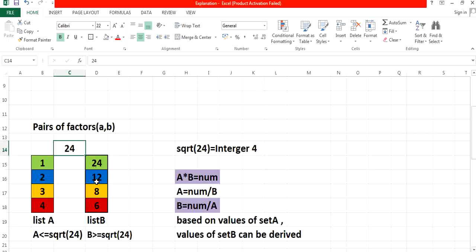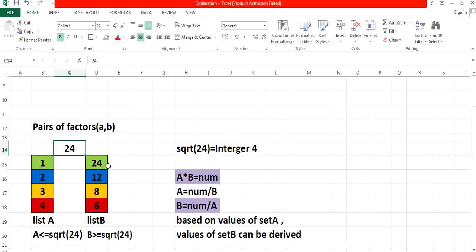Why am I supposed to use this method? Why can't I use other methods? As we know, your constraint part is very important here. The value of n can be a maximum of 10 to the power 9. So there is a probability of a time complexity problem. In order to avoid it, you are supposed to optimize your code in finding the factors of a given number. Now what I have told you is, if you know the list 1 value, it is easy for me to find list 2.